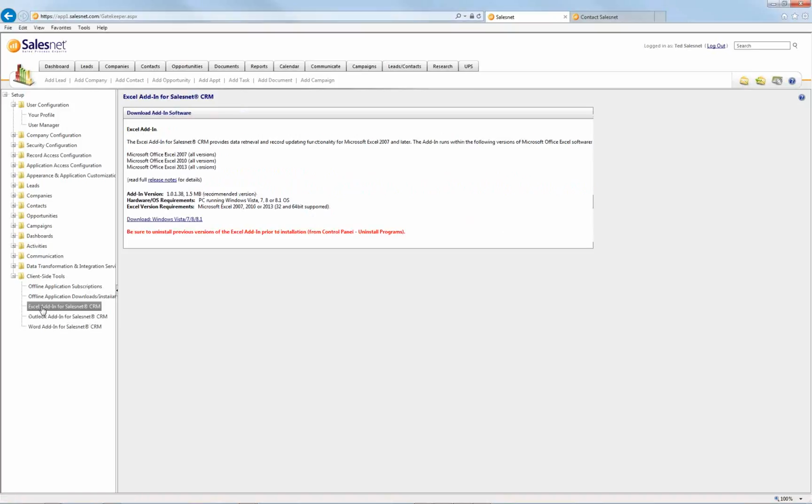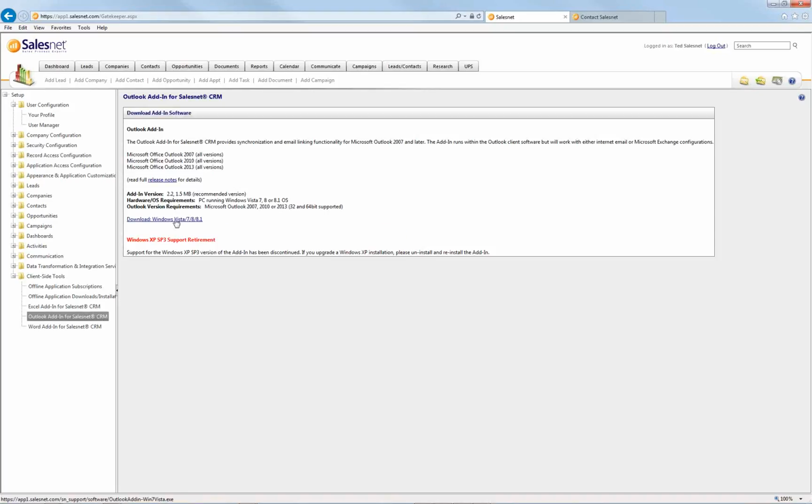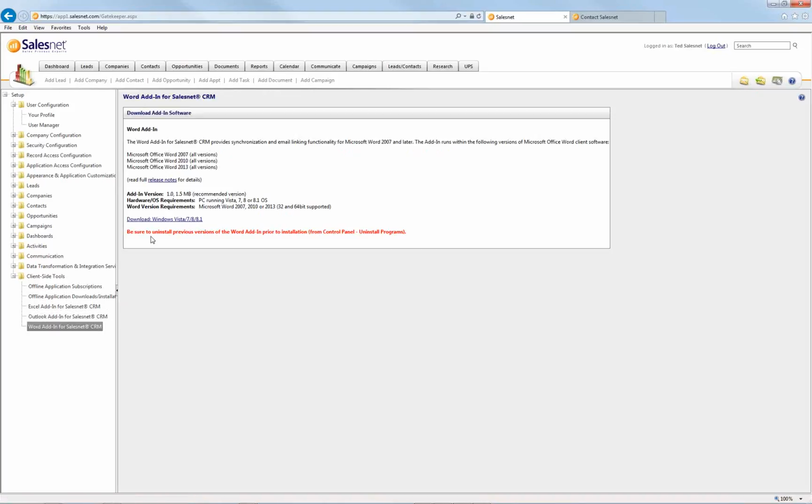Within each one of these menu items, what you're going to find is the download, okay, to install the add-in, and you'll also find a link for release notes. Okay, and there's some description regarding your version of operating system or Office that you have, and so you download here and go to the release notes. Okay, same thing here, download and release notes. All right, so